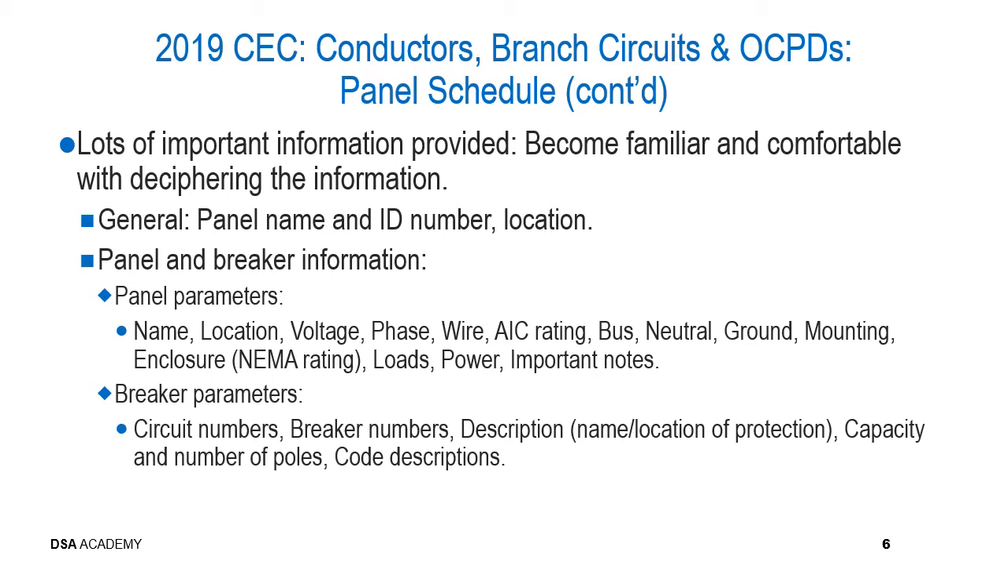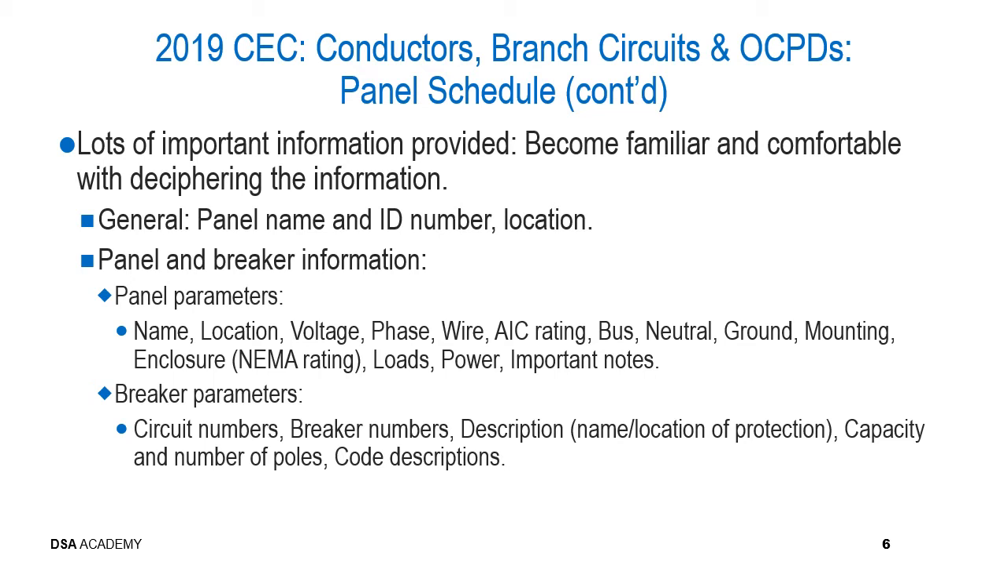There's specific panel and breaker information. For instance, panel parameters: the name, the location, the voltage, the phase, how many wires, the AIC rating, what type of bus, what type of neutral, what type of grounding, what the mounting considerations are, whether it's flush or recessed, the enclosure or NEMA ratings for the panel. Also,